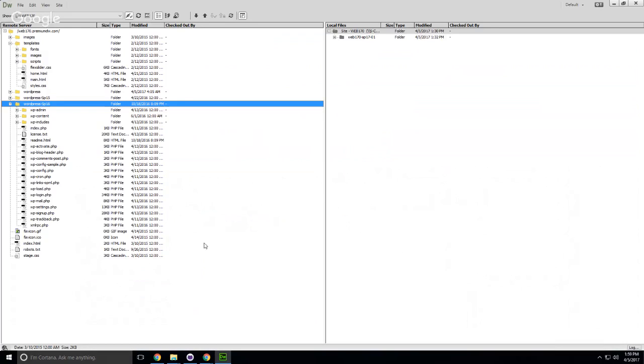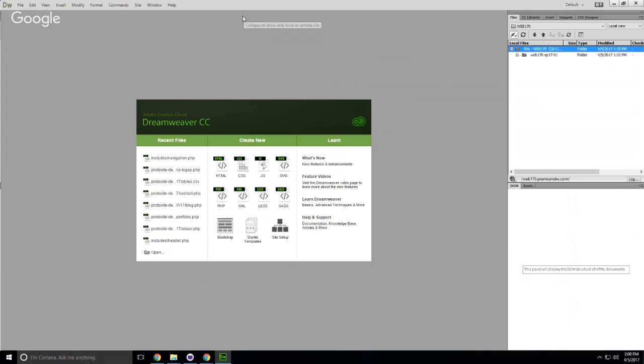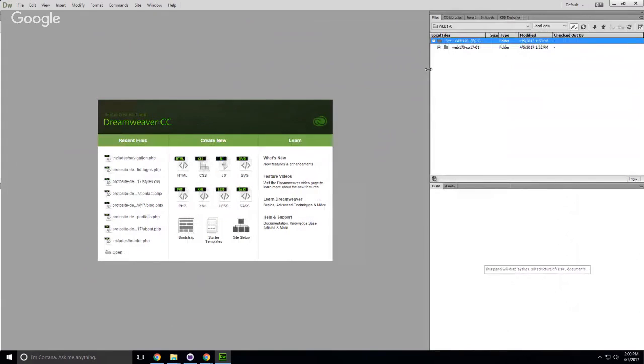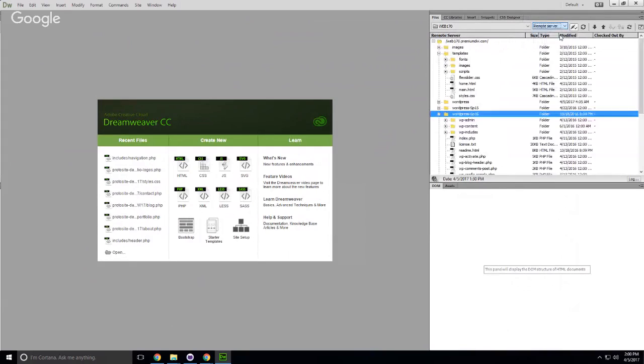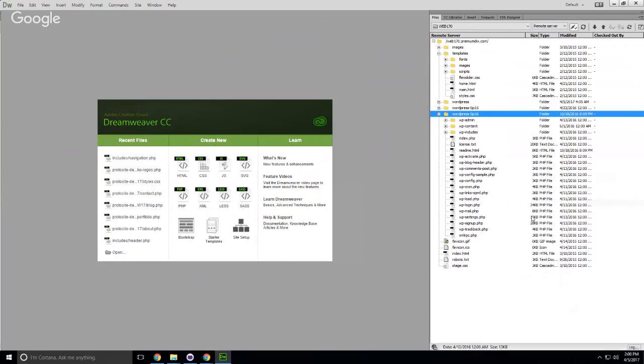I can't zoom in on this, can I? Can everybody see that? Let's go over here. Bring that over and say remote server. Close tab group. Well, I'll have to look into how I can bump that up in size, but for now, it's going to stay